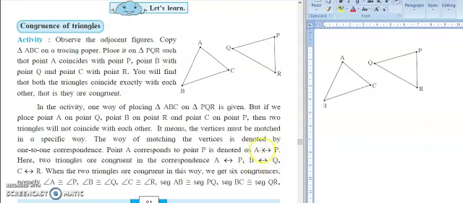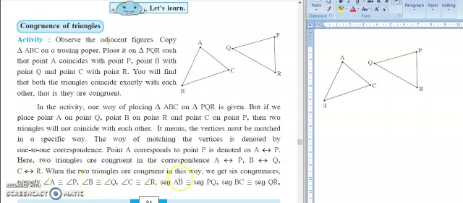When we say that point A is corresponding to point P, then we write it in mathematical notation like this: double arrow symbol. Here two triangles are congruent in the correspondence A corresponds to P. Means if we put this A point on this P point and then the triangles coincide with each other, then this is known as the two triangles are congruent in the correspondence of A corresponding to P, B corresponding to Q, and C corresponding to R.